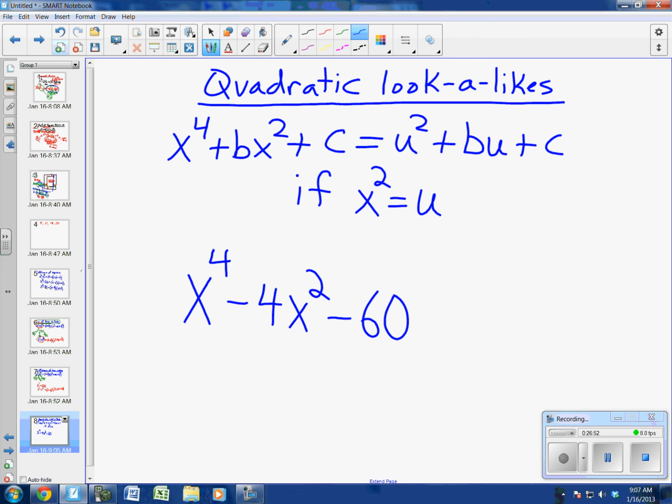The problem is that's not an x squared. That's an x to the fourth. And this is an x squared. These are double. So what we do is we substitute u in for every x squared. Well, there's two x squareds right here, right? Minus 4 times x squared minus 60. If I make a substitution for u for every